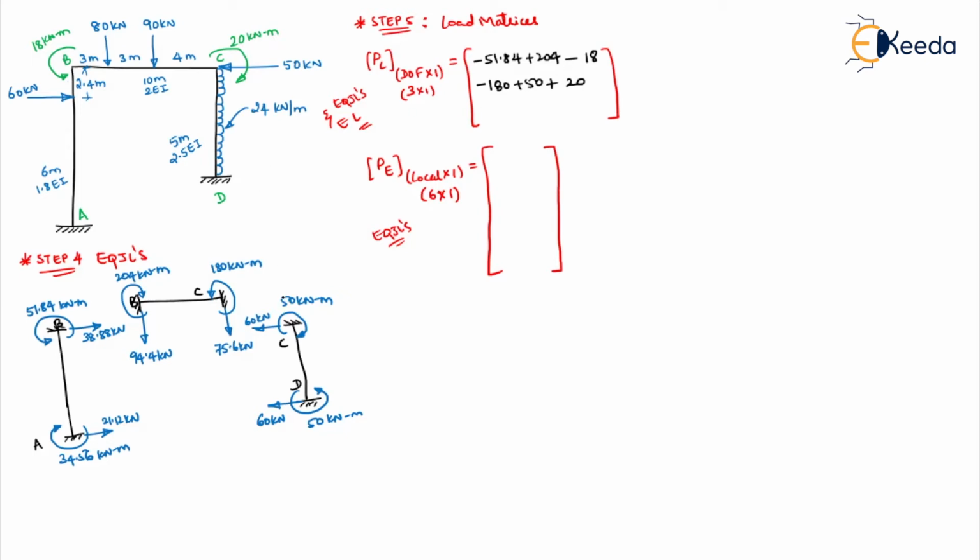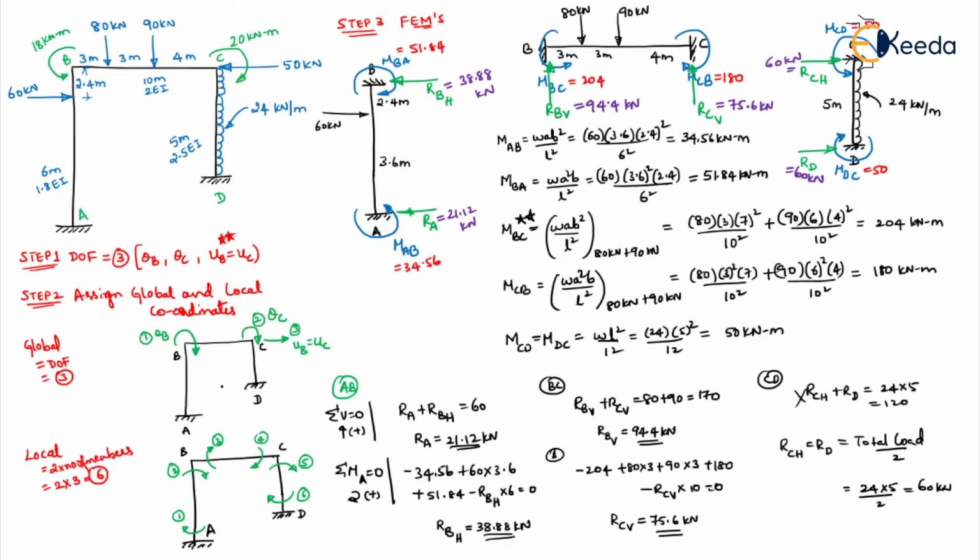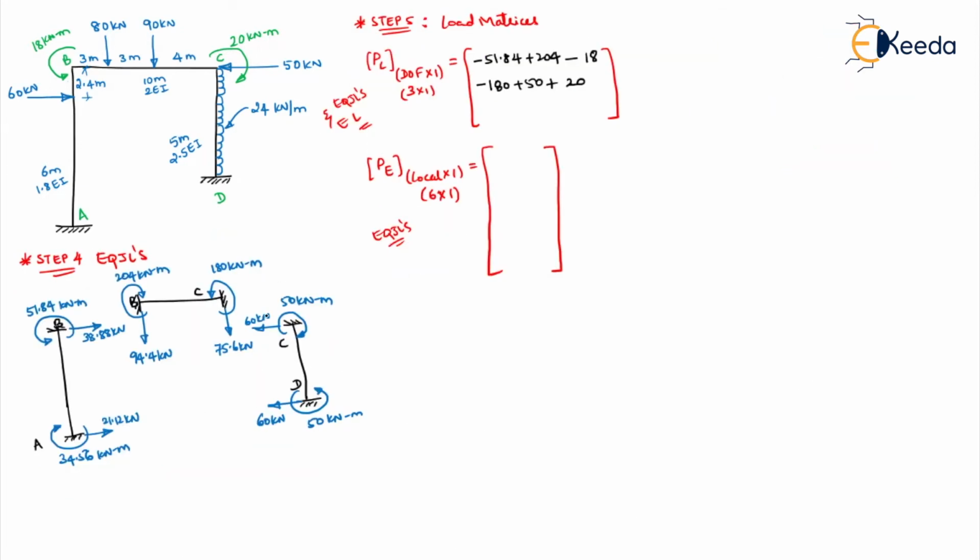Then coming to the third line, what you have to see? You have to see the third global coordinate. So it is a horizontal reaction at C. So come to the EQJL, see how many horizontal reactions you have at C. So there's one vertical here, one horizontal. Only one horizontal is there, right? There we have assumed rightward. So this is leftward. So what will happen? This will be minus 60. So this is your EQJL.